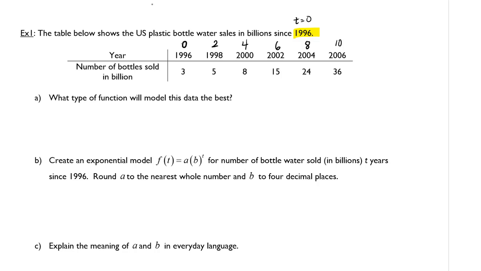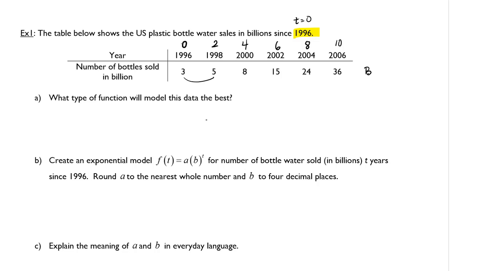Now remember, the number of bottles sold is in billions, but we're just going to remember that it's billions and not make that additional calculation of many, many digits afterwards. What type of function will model this data the best? Well, it might not be obvious from looking at this, but